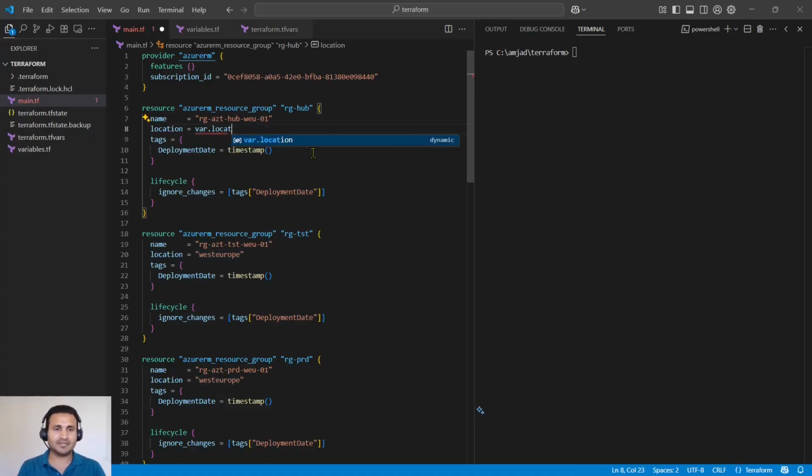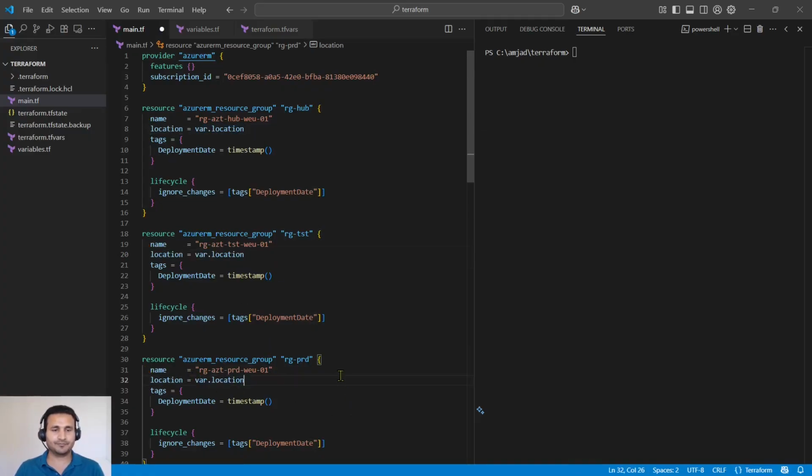So if I'm going to replace it and use the variable, how I can do it is I'll have to use var, representing the variable, dot the name of the variable. That's it. This is how simple it is to utilize the variable. It's not as tricky as declaring or defining the value of the variable. Utilizing is very simple. You can just put var dot location, the name of the variable. So in my case, it's location. So I'm using var.location. I'm going to replace the same thing here